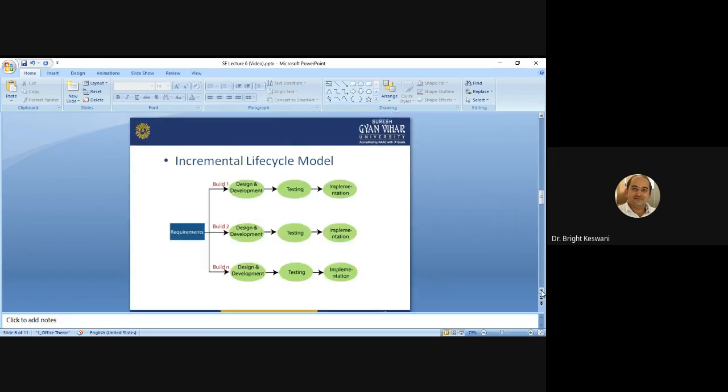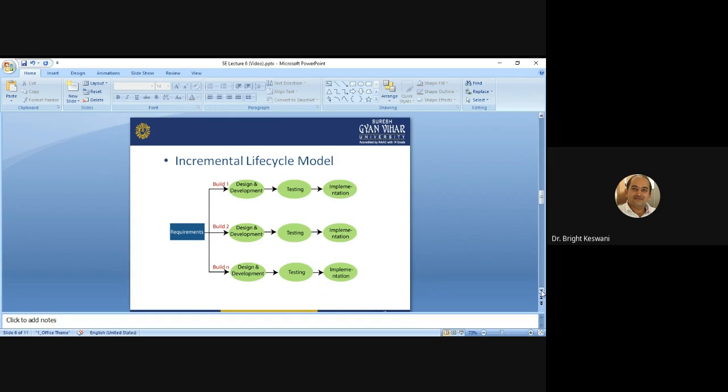Now come to the next model, which is the incremental life cycle model. You can easily understand it. Once the requirements are fulfilled, then you can build build 1, build 2, build 10, phases or increments, components you can develop.